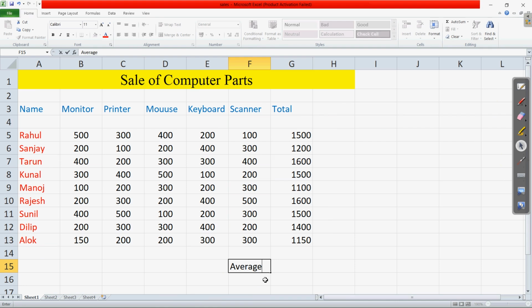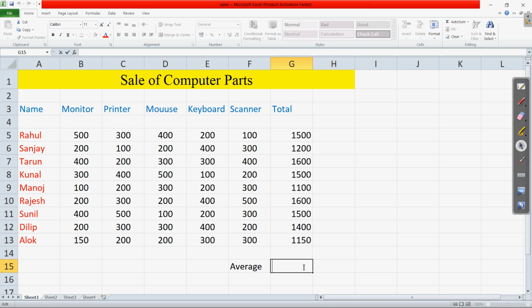So here I have written average, and in this particular cell I will get the average. This is G15, whatever is the address. If we want to get the result of this, you can see G15 is showing here. All of the addresses are shown to us in this name box. Clear? And this is the formula bar, where we write the formula, or you can also write directly in the cell where you want the result.